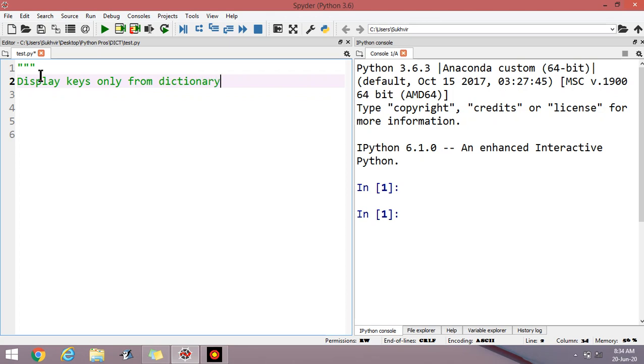Suppose we have to display only the key values, then display only values from dictionary, then displaying sequence of tuples,